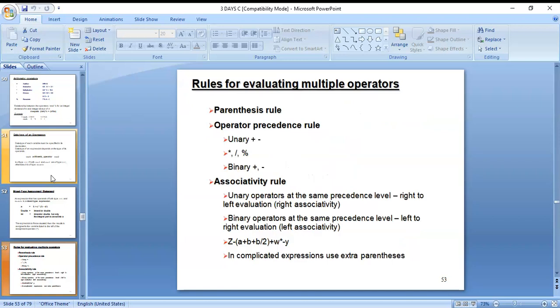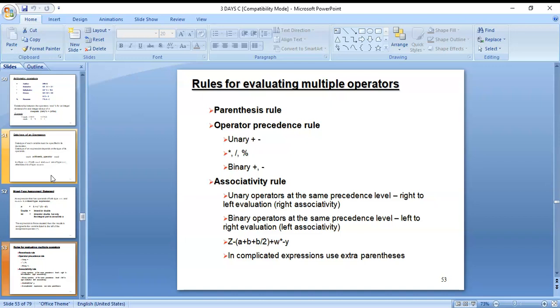Next, rules for evaluating multiple operators. Here you can see the parenthesis rule. Next, the operator precedence rule: unary plus and minus, then multiplication, division and modulus, then binary plus and minus, and the associativity rule.